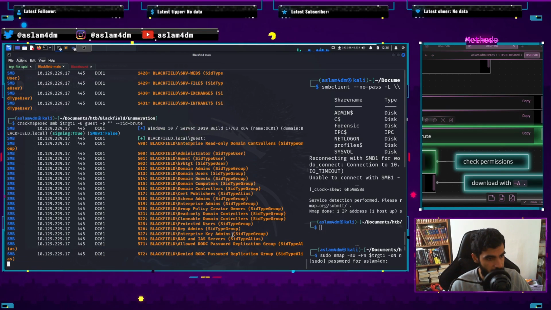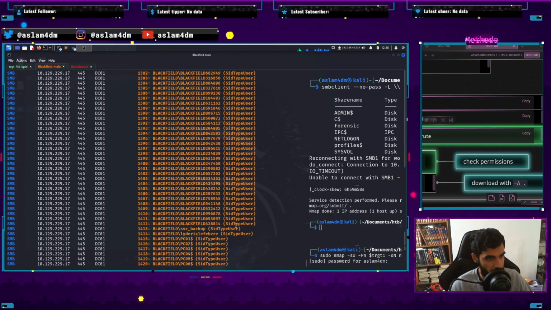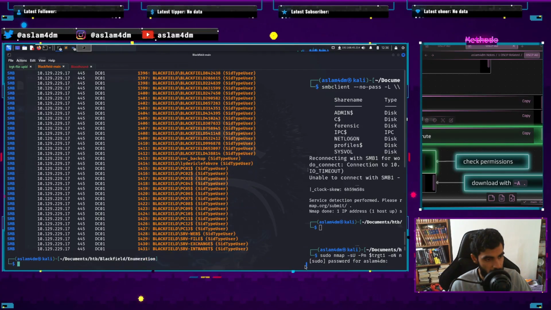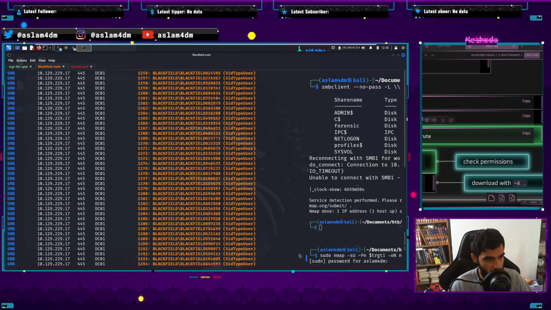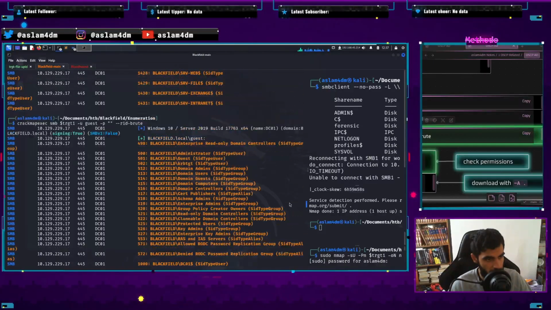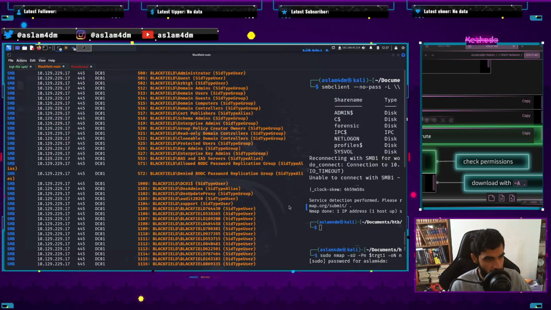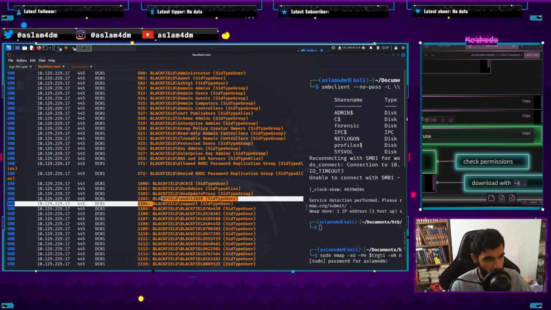A list of potential groups, potential users, maybe. So SVC web, file, exchange, intranet, Blackfield, support, audit,